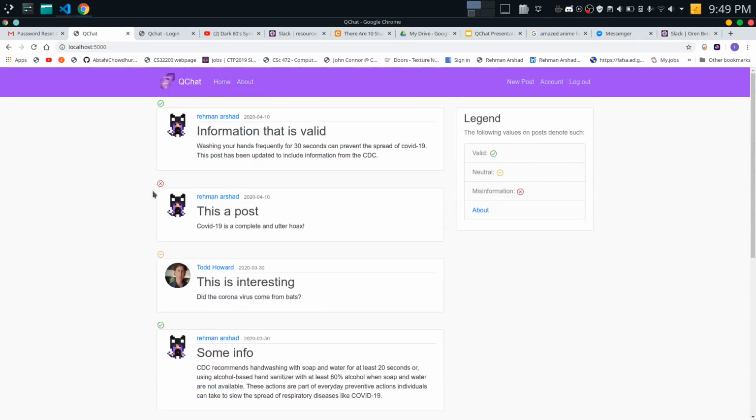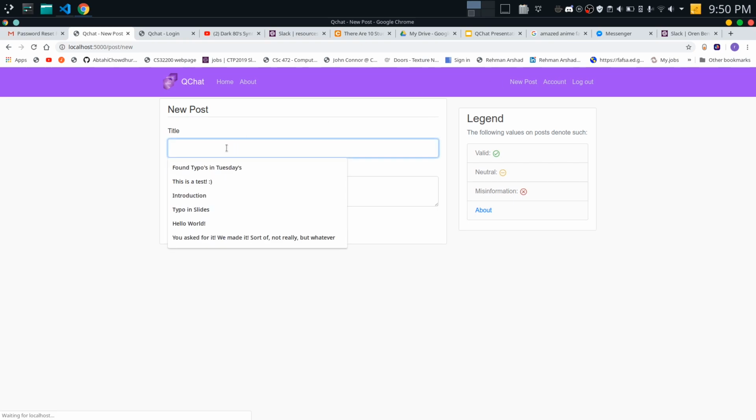I have pagination that's working completely, and an interesting thing about this application is that, as you've noticed on the side, there are these little indication markers on the side. Red obviously means that it contains misinformation. Neutral indicates that this post contains a question or something that's unrelated, and a green check mark indicates that the information posted is valid. So if I were to, let's say, create a new post over here, I can post,